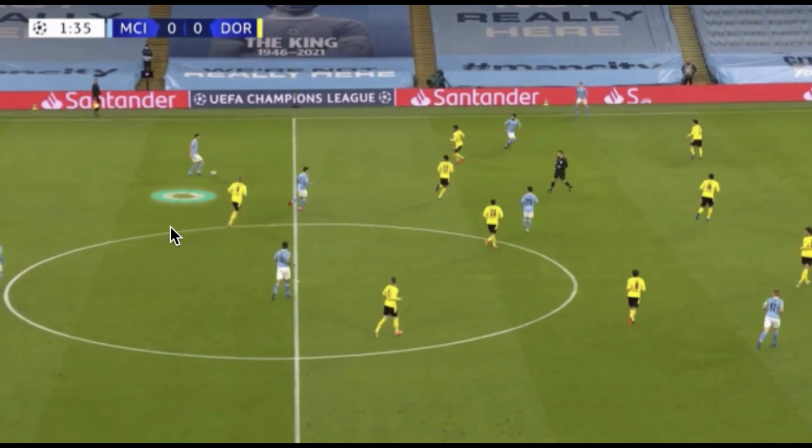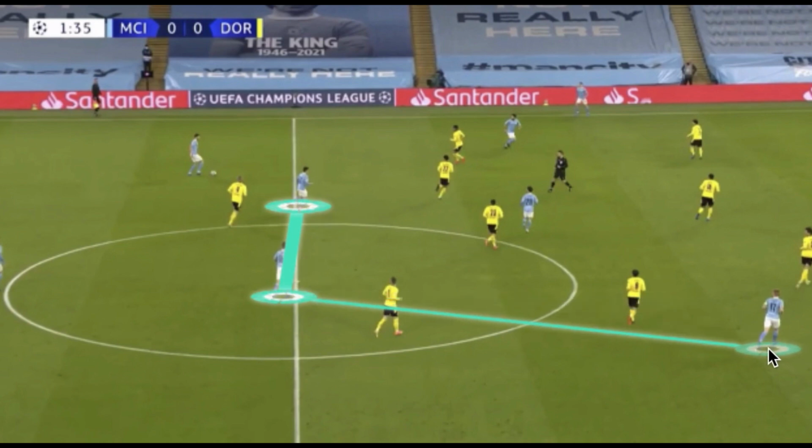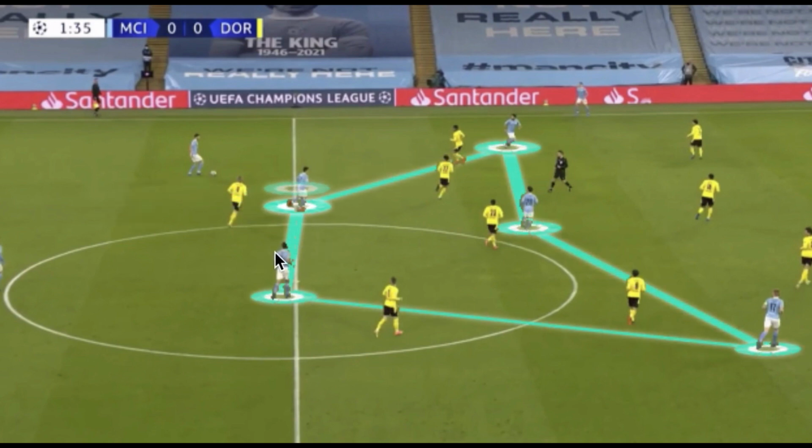Manchester City built out of the back with two central defenders and Kyle Walker as an asymmetric right back, complementing the double pivot created by the inverted fullback Cancelo. And then between the lines we had De Bruyne, Bernardo Silva, and Gundogan. So this, in the first half, created a double pivot and a three attacking midfield for Manchester City, and Dortmund